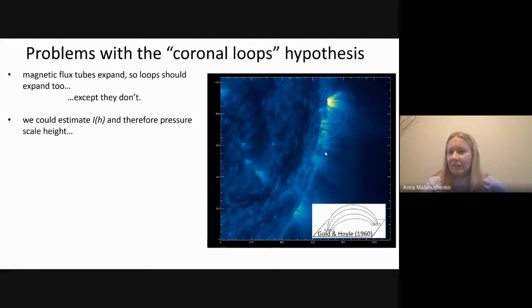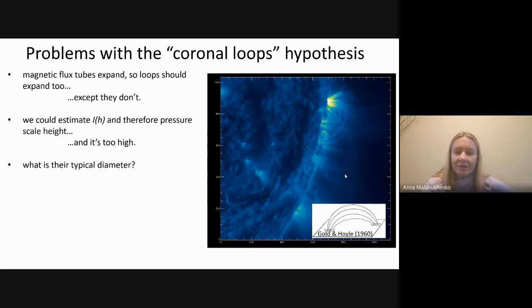Now, like I said, we could estimate conditions in plasma from studying intensity of loops with height. And for example, assuming that the plasma is in a hydrostatic equilibrium, we can apply analysis similar to what we do for Earth's atmosphere and estimate the pressure scale height. And it's too high if we get it from loops. So loops are overdense, which I believe is the right term for it, but it basically means that they do not get dimmer with height nearly as fast as we think they should.